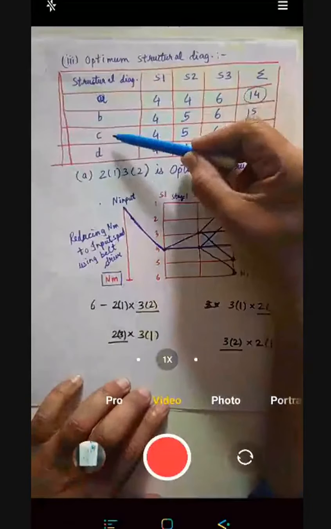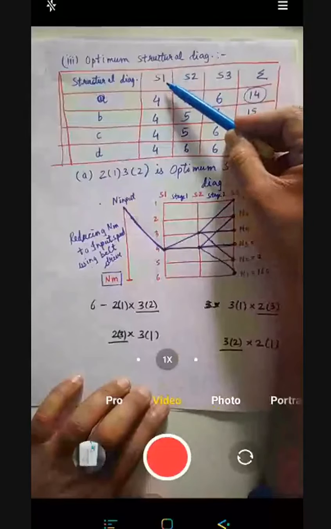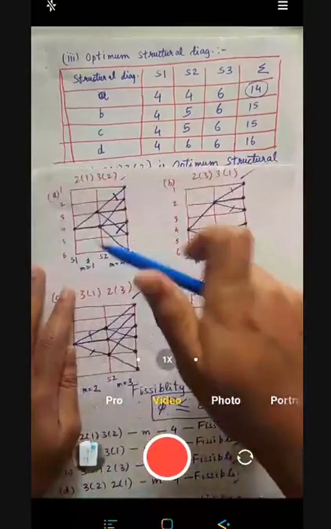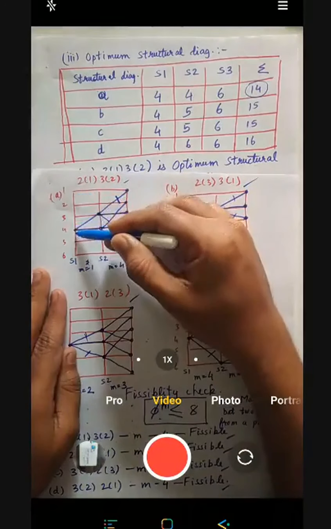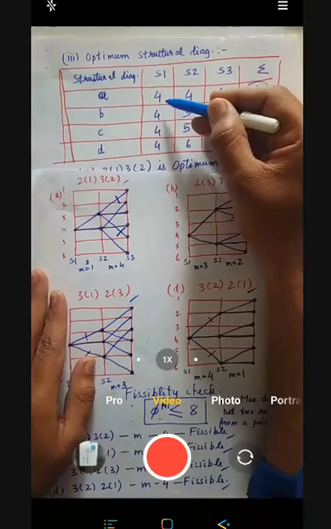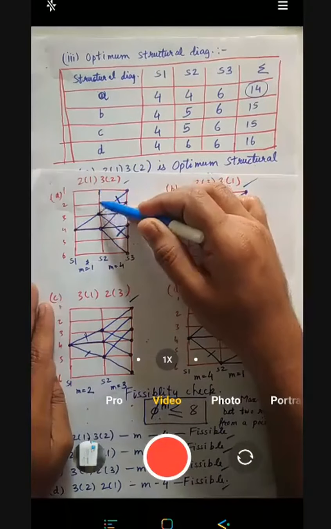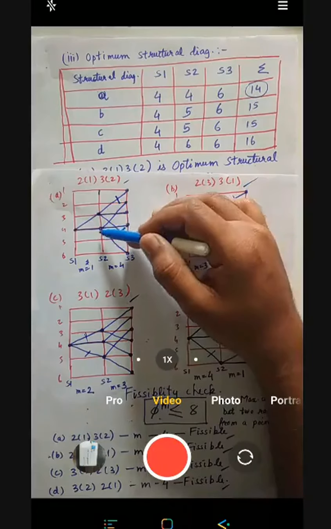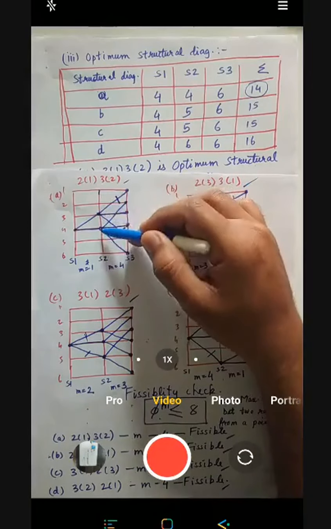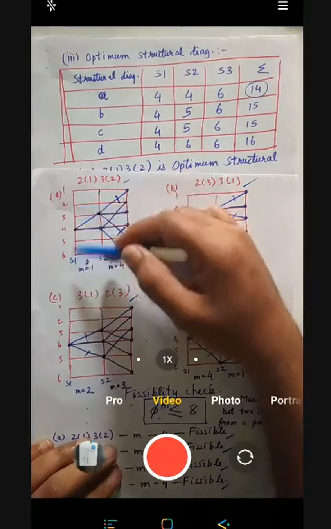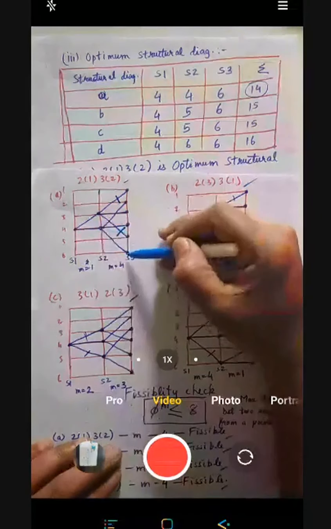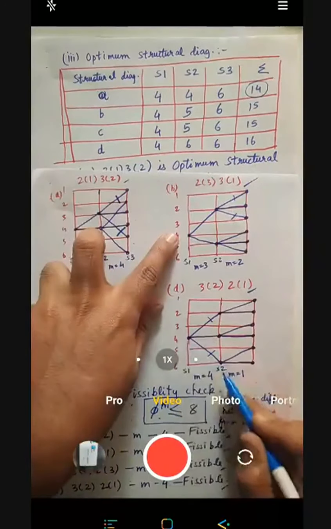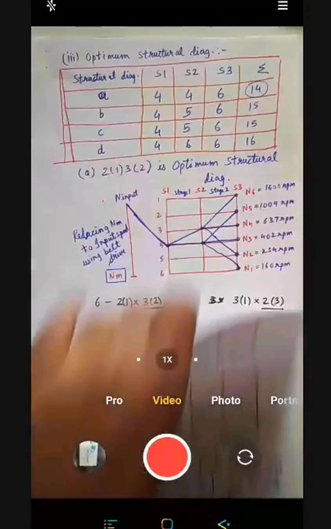So structural diagram A, B, C, D, based on the position of your shaft, where it is. Like if you see this diagram A, where is the position of your shaft at number 4? So we wrote 4 over here. Where is the position of the point at shaft 2? 4. You have to see the lowest position or the highest position. See, 1 to 6 it is, so you have to see the highest position. 4, 4, 6. 4, 5, 6. 4, 5, 6. 4, 6, 6. So this way this table is completed.